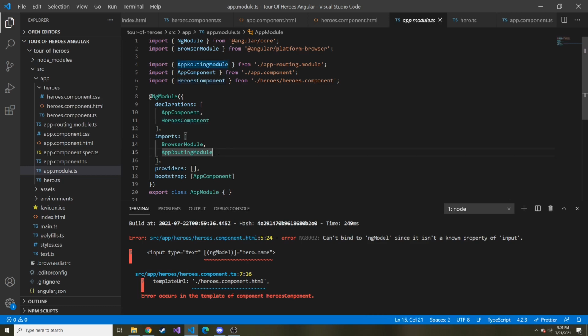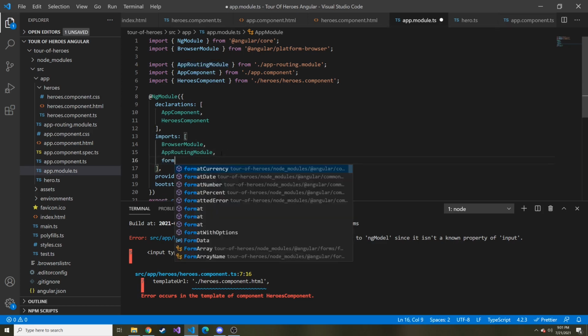And something we have to do is we have to bring in another module, an Angular module. We don't have to define it. We don't have to write the functions and all that. We just have to bring it in because it's already created for us. We just need to tell Angular that we're using it. So in the imports, under the browser module and the app routing module, we're going to add another module called forms